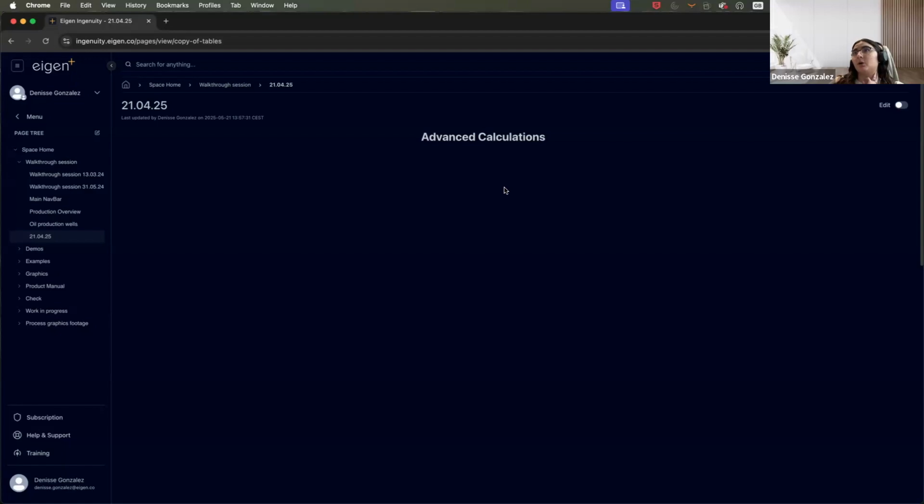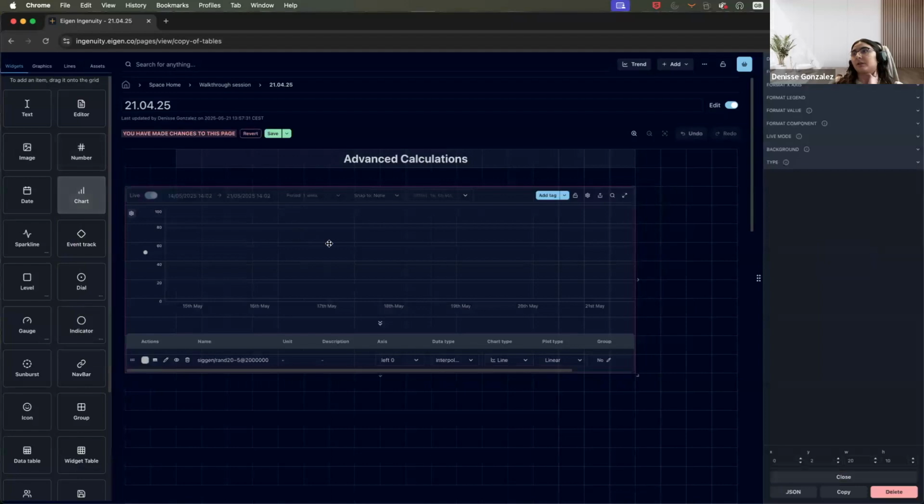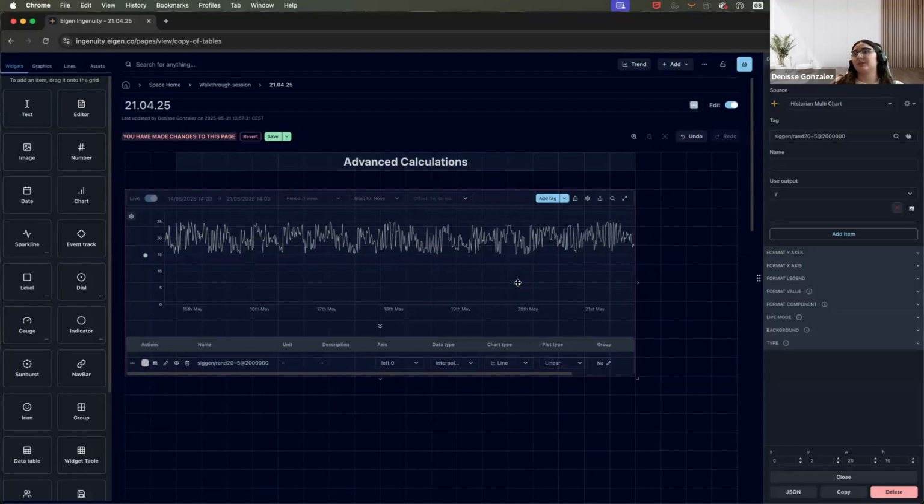Here I am in my own space, and then I created a regular dashboard. Just click here and then add a dashboard, and I just named it with today's date. Then I'm going to click on edit to change to edit mode, and let's add a chart. So we just drag and drop it. And here on the right side menu, we're going to see how to configure this widget that we just added